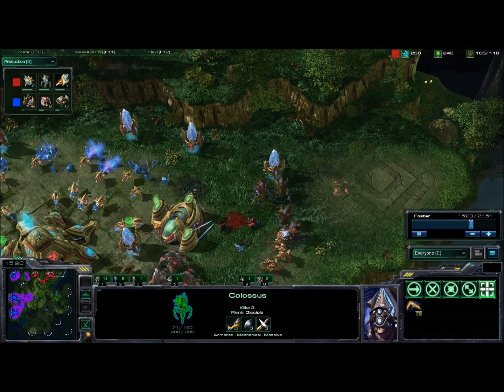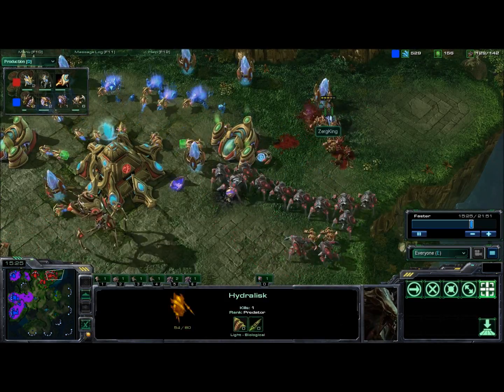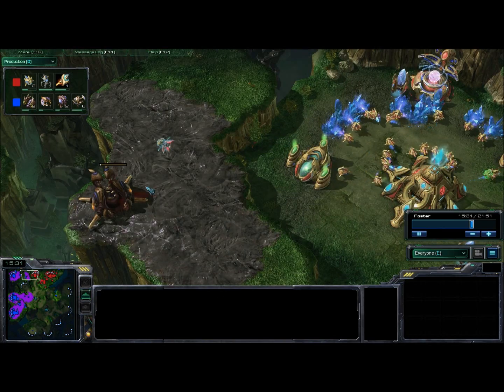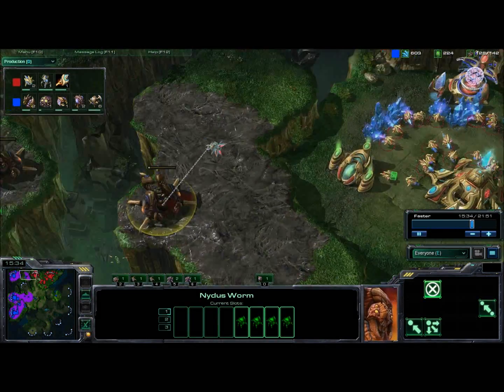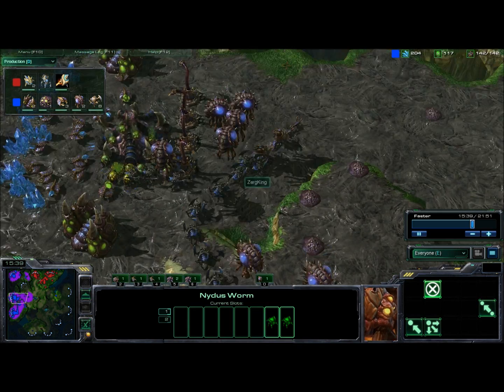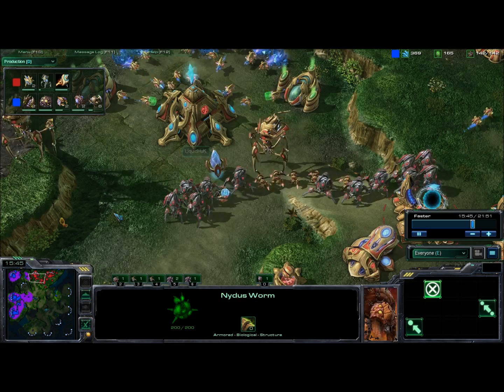Oh, look at this. There was a drop in the back of LiquidHuk's base. That's why he pulled them off. I can't believe I didn't see that on the minimap, but actually a brilliant move by ZergKing, getting his forces out of the Nidus Canal right now, going back to the main base. Maybe he's going to try a frontal attack soon, but...